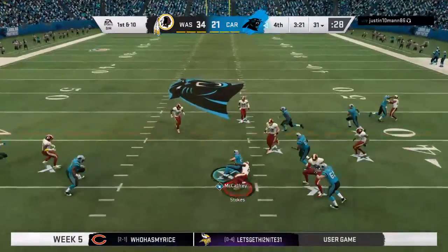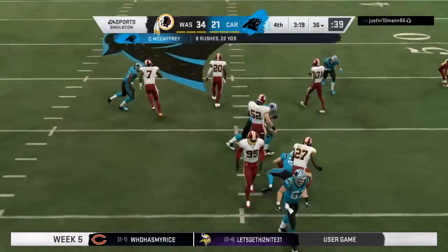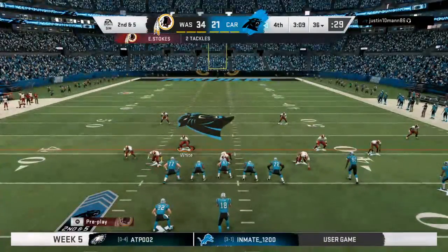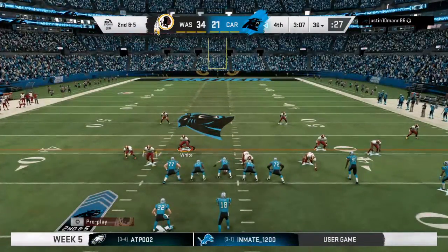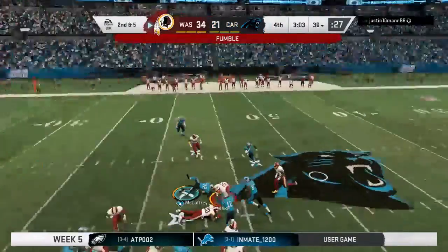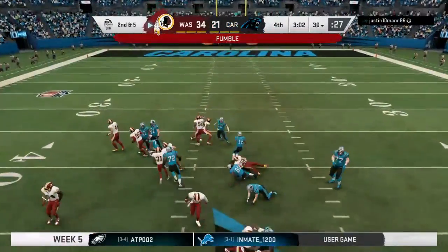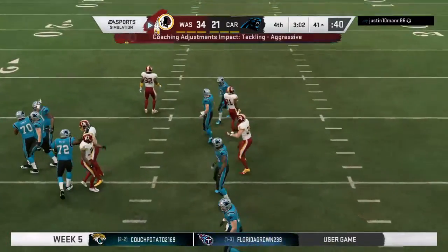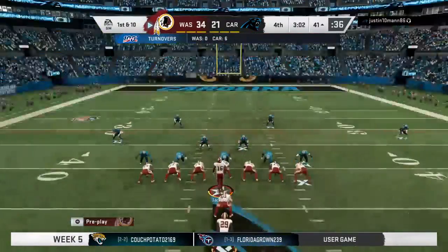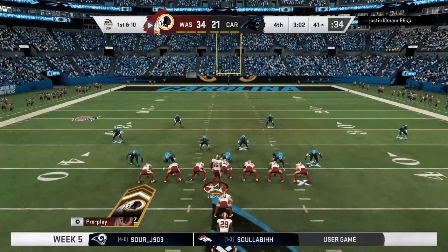Shotgun handoff now to McCaffrey. And they're going to get him behind the line yet again as his nightmare afternoon continues. Give him 5 on the carry there, and it'll be 2nd down. Again, they run. Again, it's McCaffrey. The ball's out. McCaffrey lost it, and the Redskins scoop it. And they'll start with great field position at the 41-yard line. Result of the play, 1st down